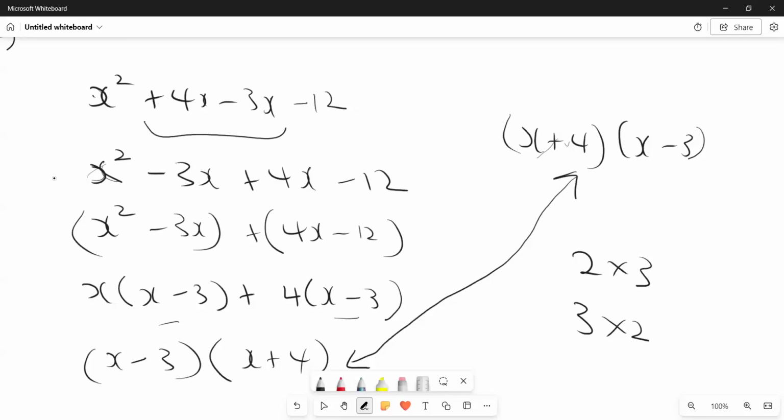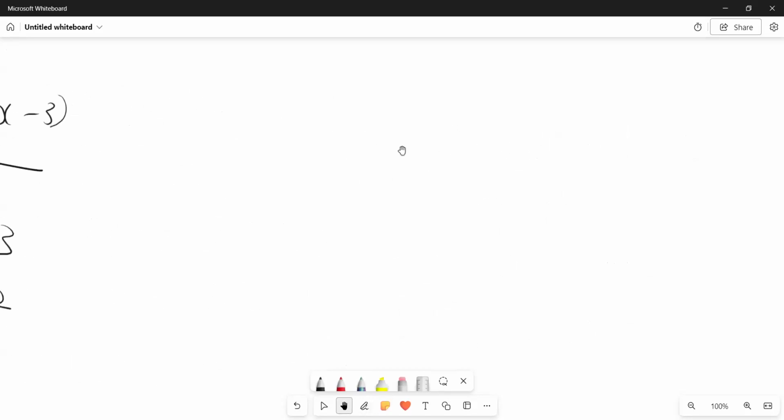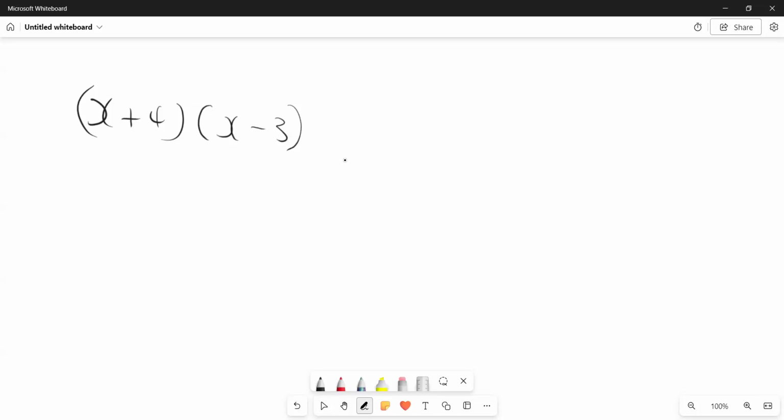One last thing before we leave. How do we take this and get back that? Let me just show you that. So let's say you have x plus 4 multiplied by x minus 3. There are two ways you can do it. You apply the distributive law: whatever is in here, multiply by each of these. So you can say, x times x plus 4, minus 3 times x plus 4,